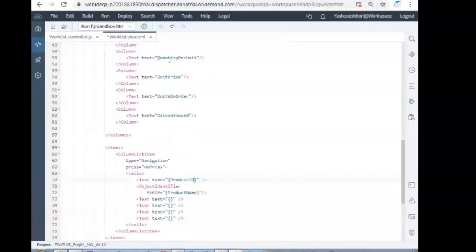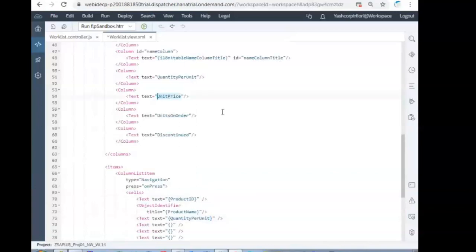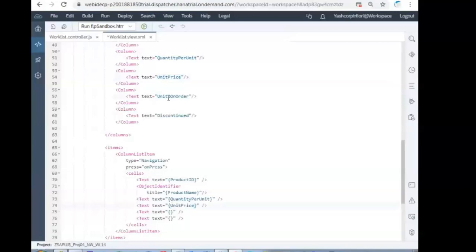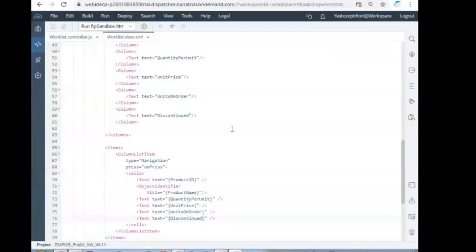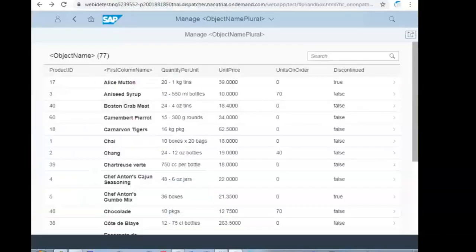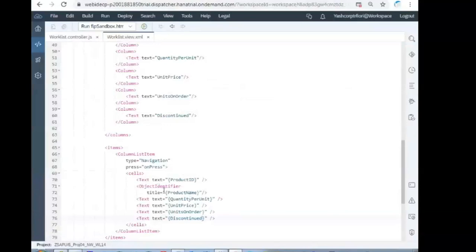Product ID, product name is already there, quantity per unit, unit price, units on order, discontinued. You can use the object identifier for the product ID.